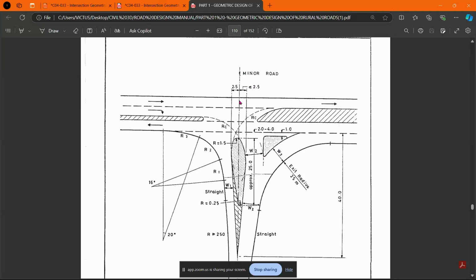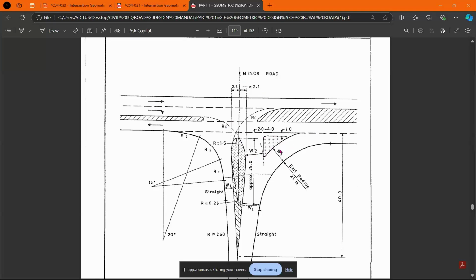So once you offset these lines, you will also offset it to width 2, which ideally is the vehicle that is moving from the left, making the right turn here. So you have another 3.0 meters, and then you will have the line for the ghost island in this case. Then you are going to have a radius of 25. And remember, in such a scenario where you are locating a ghost island for vehicles